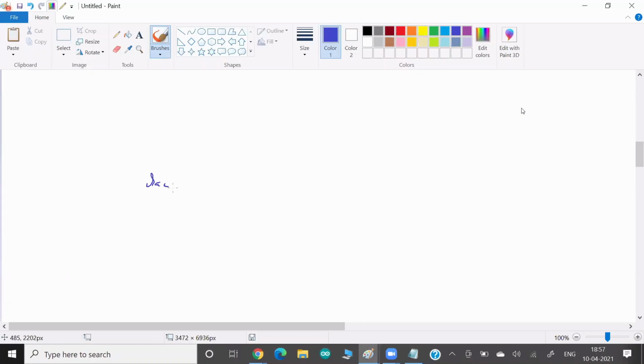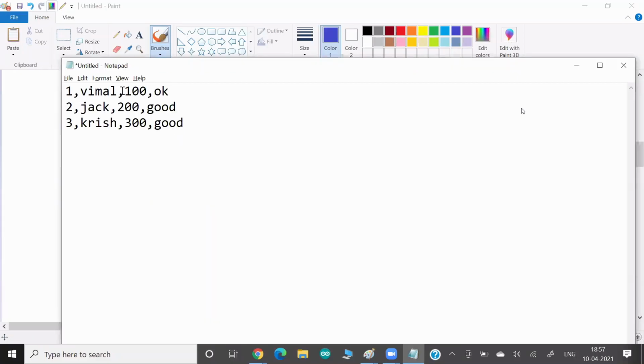you need raw data, but raw data alone is not useful. Raw data is very important, obviously, but only raw data doesn't help you to analyze something. You also need metadata. Because if I don't tell you that this field is my salary, and this is just my enrollment number or employee ID,